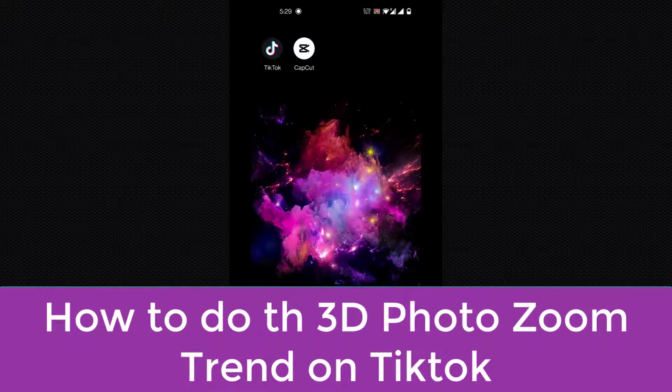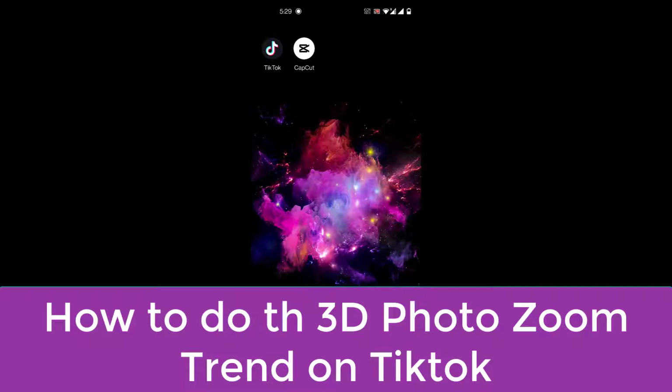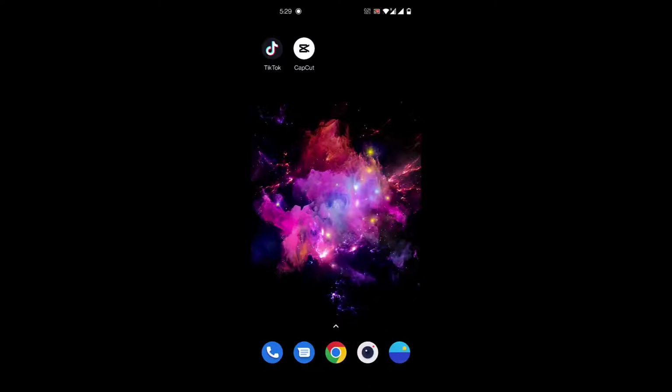So continuing with our TikTok tutorial series, today I'll be showing you how to do the 3D zoom photo effect